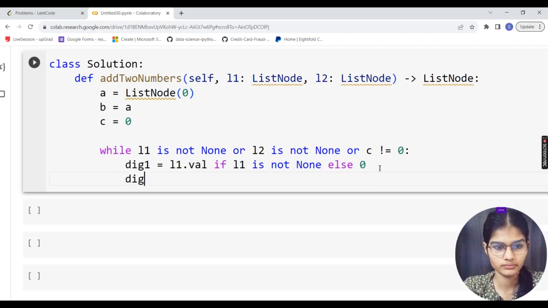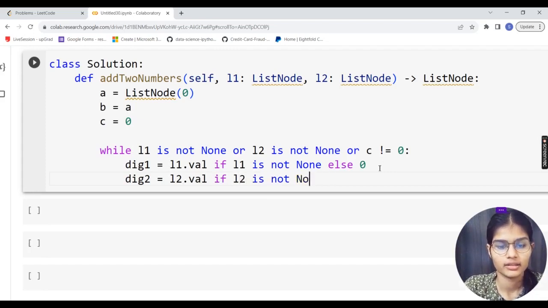In the same manner, I have dig2, that is digit 2, equal to L2 dot val if L2 is not none, else 0. So as long as my list 2 is not none, it will give me L2 dot val, otherwise 0.